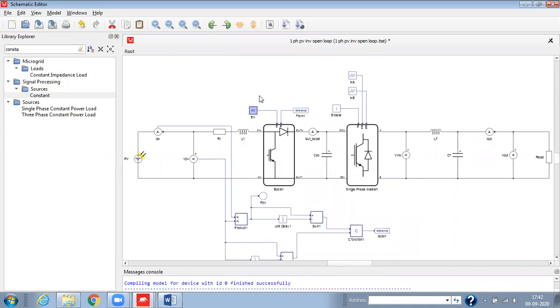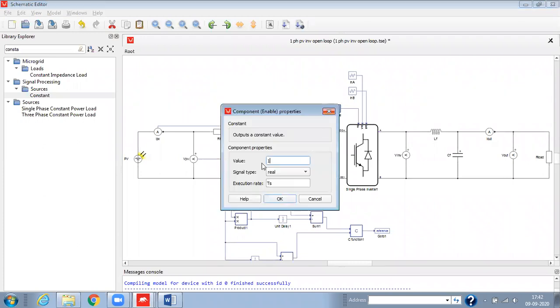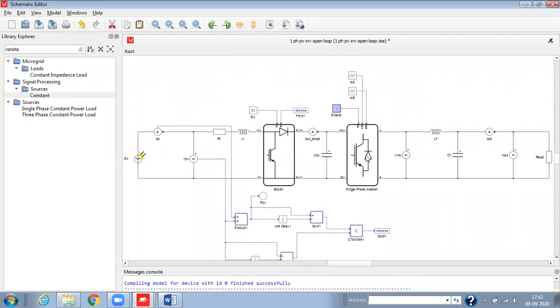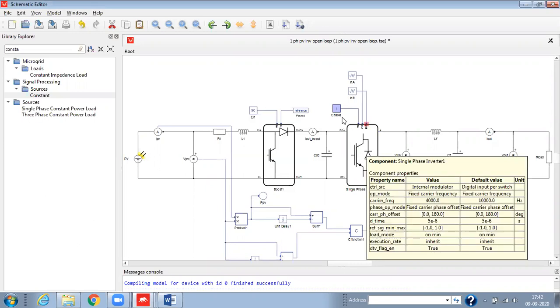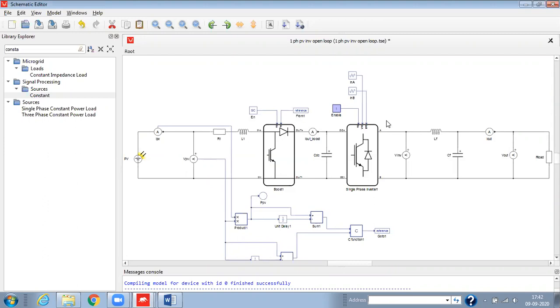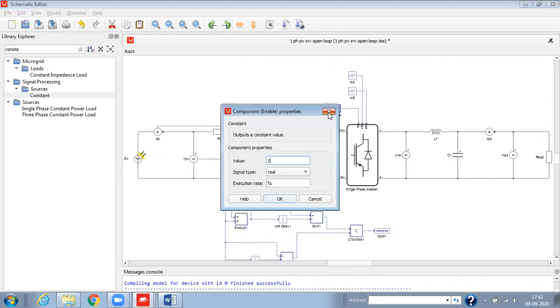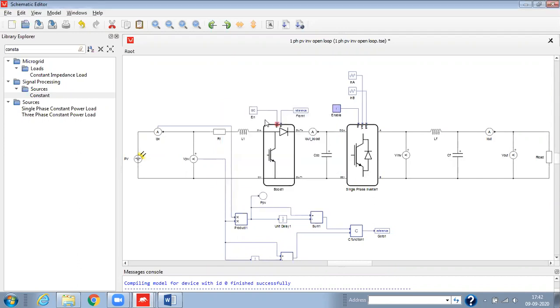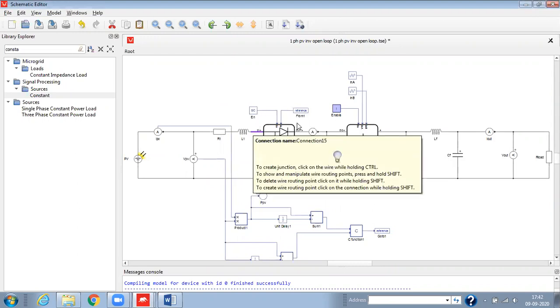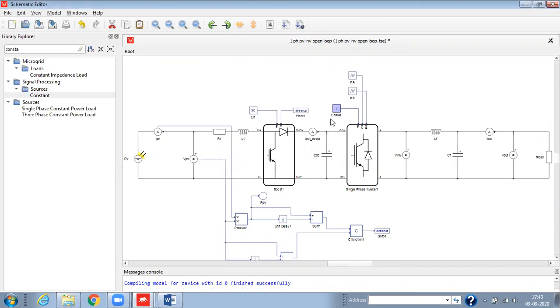So if you're using the SCADA input, you can control that system in the SCADA panel. But here we have used the constant block. So we are not going to control this single phase inverter enabling and disabling. It will automatically set whatever signal we are providing here. So we have given the value 1. That means it will enable the single phase inverter. It will never disable. You can never disable this single phase inverter from the SCADA panel. So if you have to disable it, you have to provide the constant block 0. And if you have to enable and disable this boost converter, you can do that from the SCADA panel. So this is the difference between using the SCADA and the constant block.